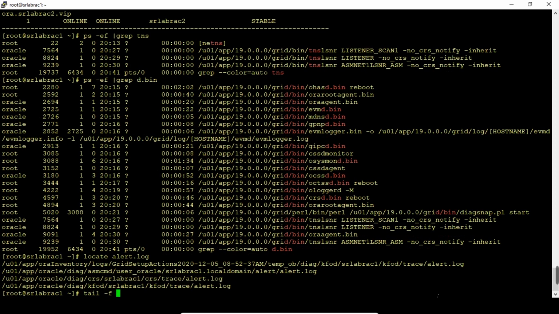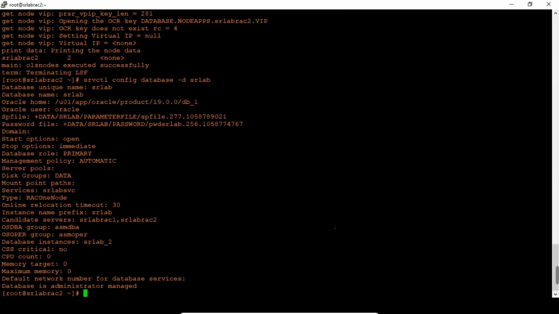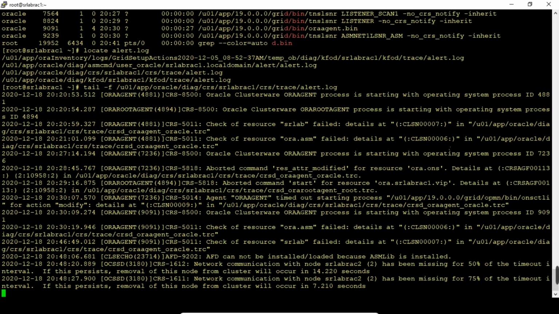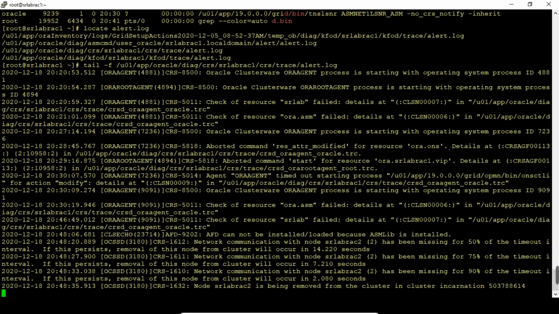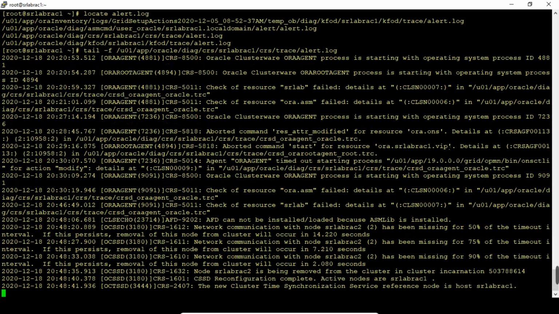It's checking the removal from the cluster incarnation, and then the active node is SR lab rack 1. Now the new cluster node is SR lab rack 1.